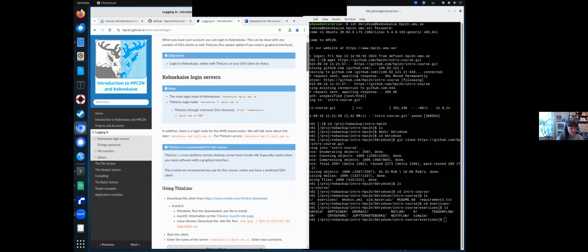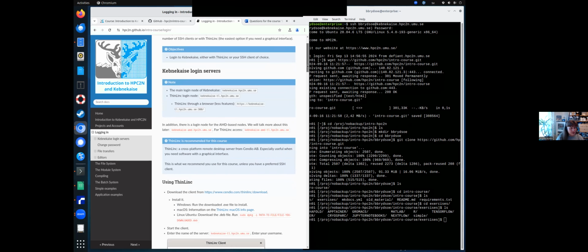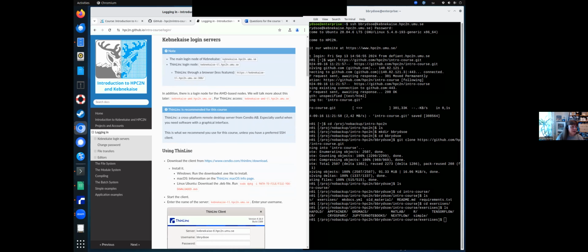So if you haven't already, now it's time that you log in. And that is the objective of this session here. The login server for Kebnekaise is this one, kebnekaise.hpc2n.umu.se. If you're using ThinLinc, as I showed, you should use